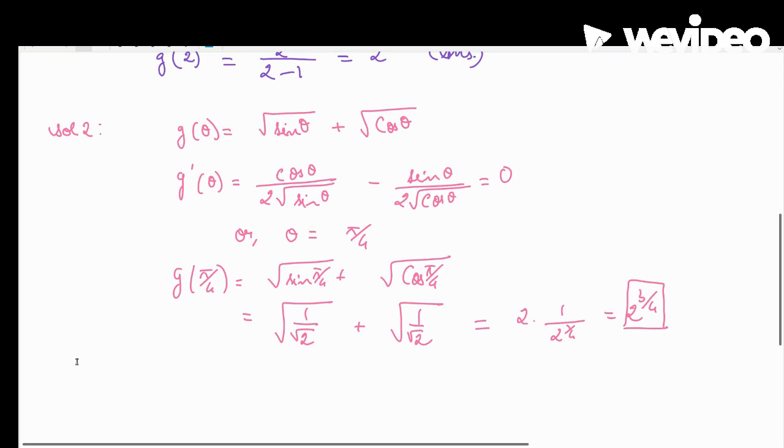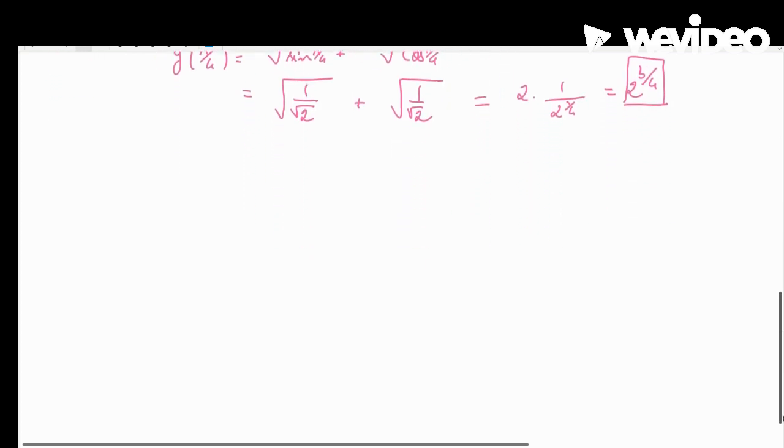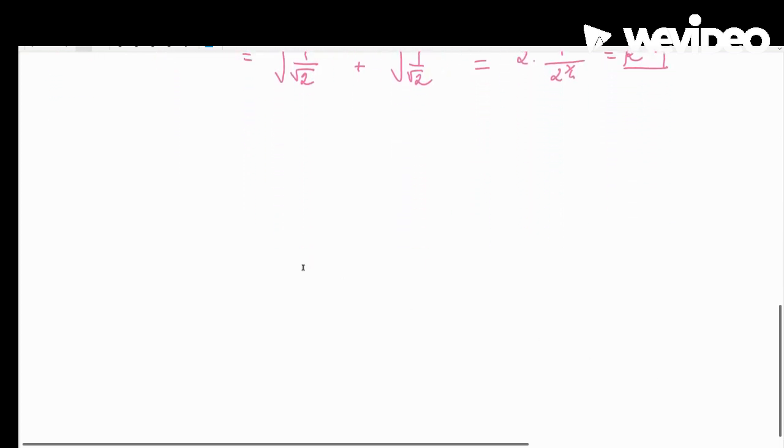Given that this question is an objective type, you can easily mark the answer as A now, as that is the only option with 2 to the power 3 by 4. But I will go ahead with trying to find the other extreme value too. Now for that, let us look into f of x. Let us now try to find the range of f of x, which is given as ln of x square plus e by x square plus 1.